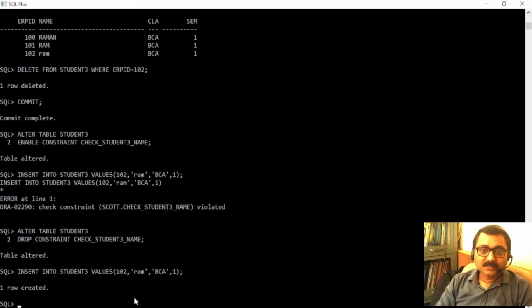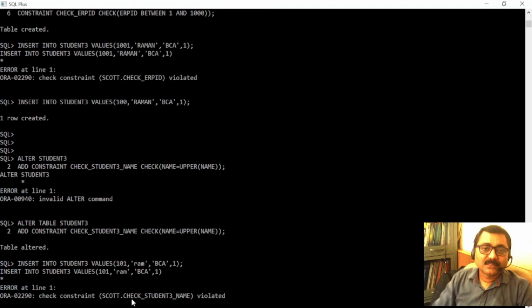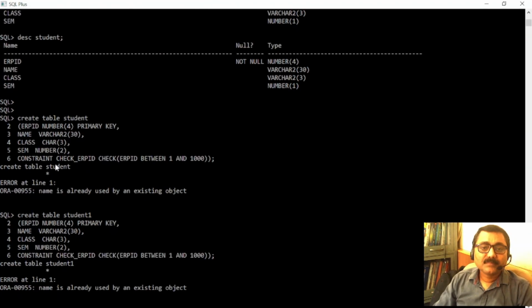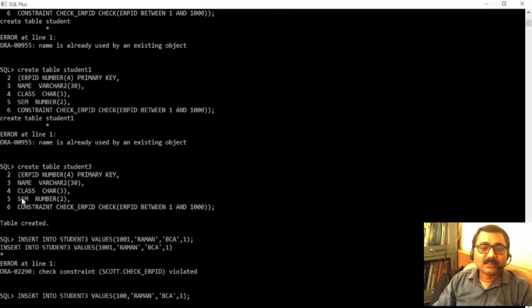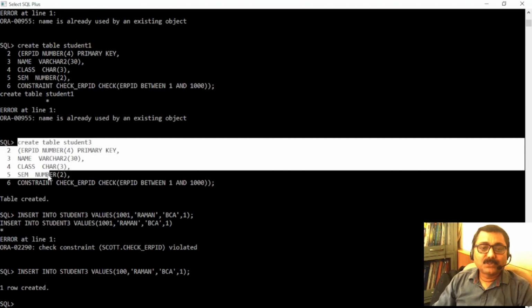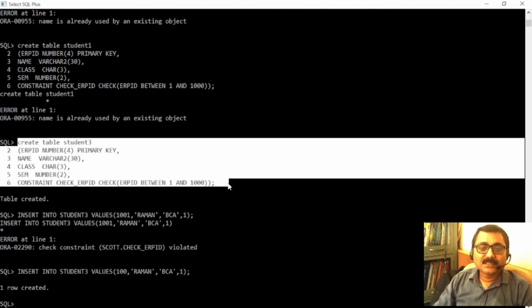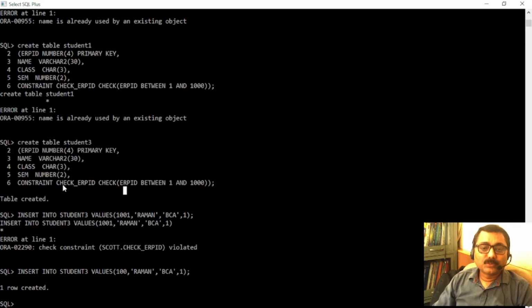So that's how you are able to understand that we have checked how to create. Let's revise it from the beginning. This is the example to add a check constraint which will be added on the ERPID column, and it will take care that ERPID be within the range of 1 to 1000, right?